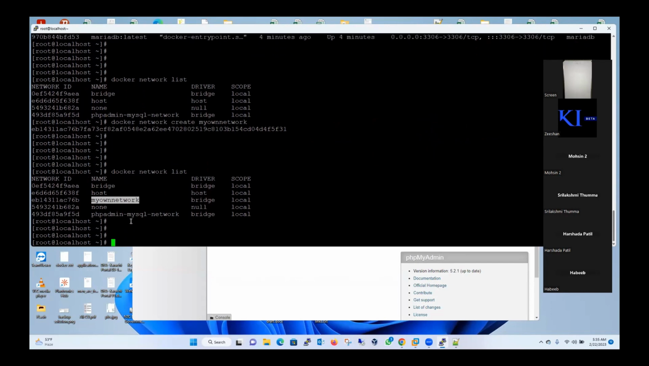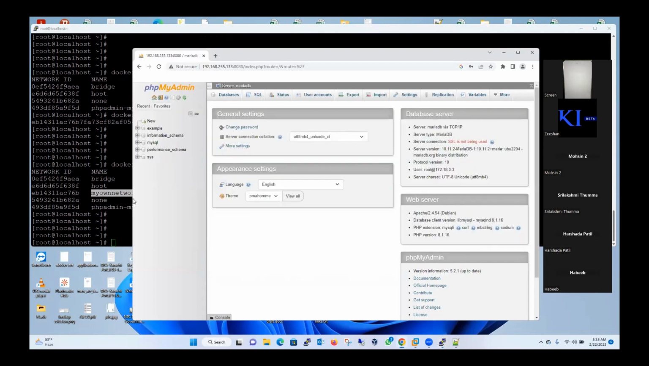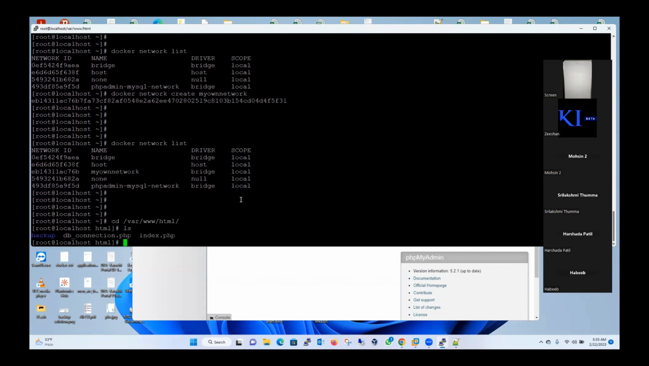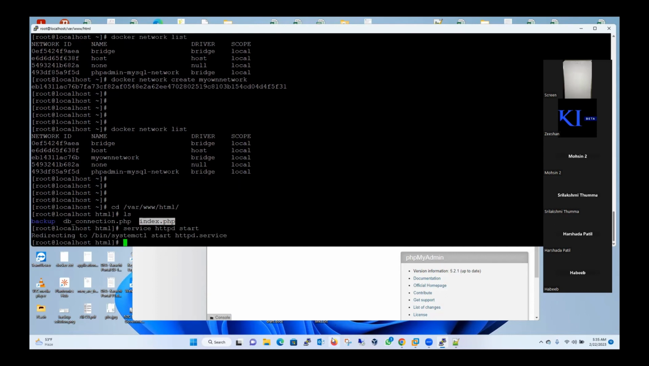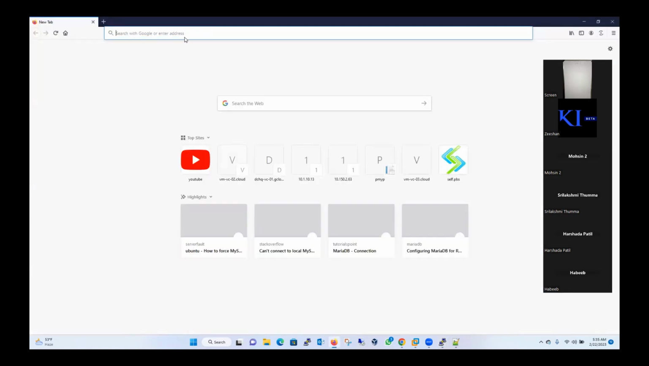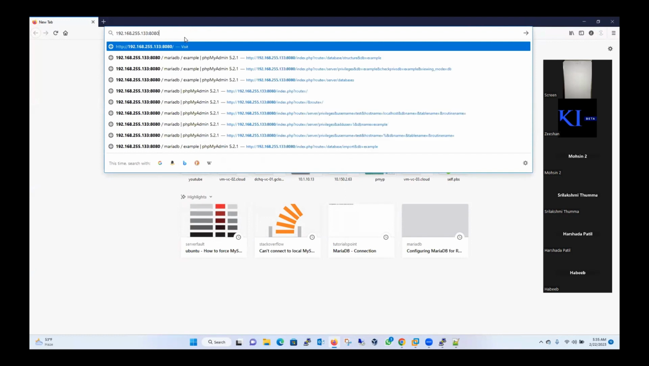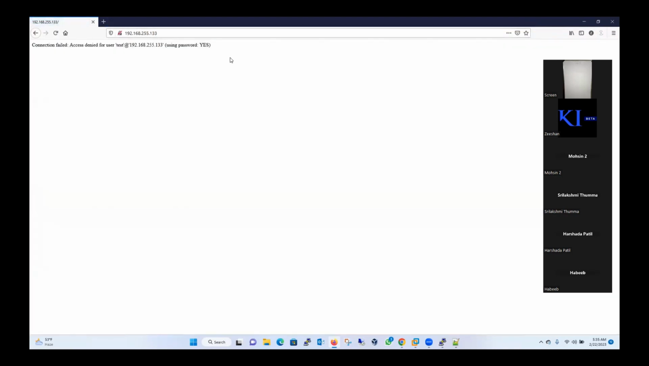So let's do something. I have cd /var/www/html. I have my index page available in my HTML directory, and I have service httpd start. I have my Apache running. The Apache is running on port 80, 192.168.133.80. So this is my Apache server,